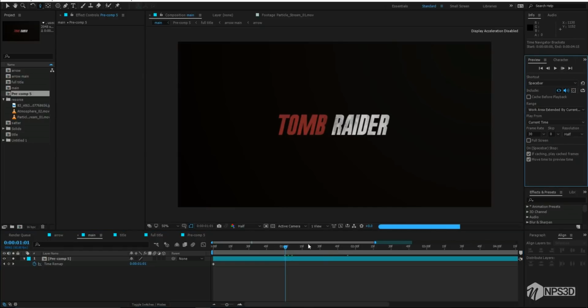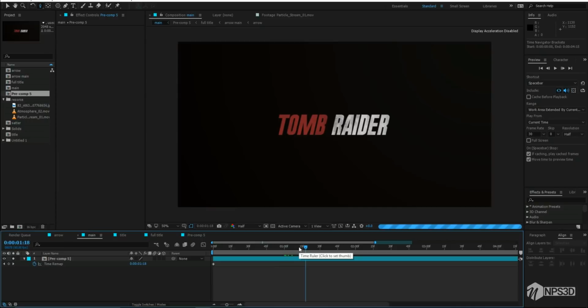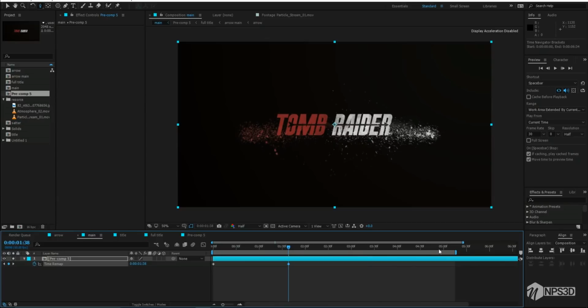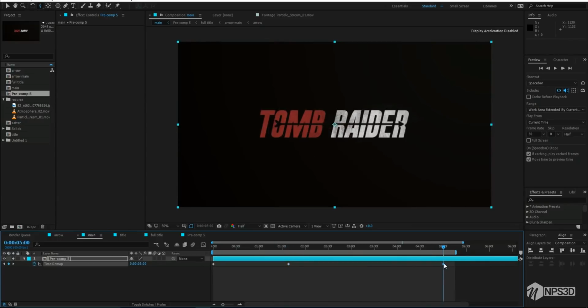and let's go where the arrow hits the text, so just go there and add another keyframe, and go inside the very last, almost 5, and add another keyframe, and now let's make it like this,